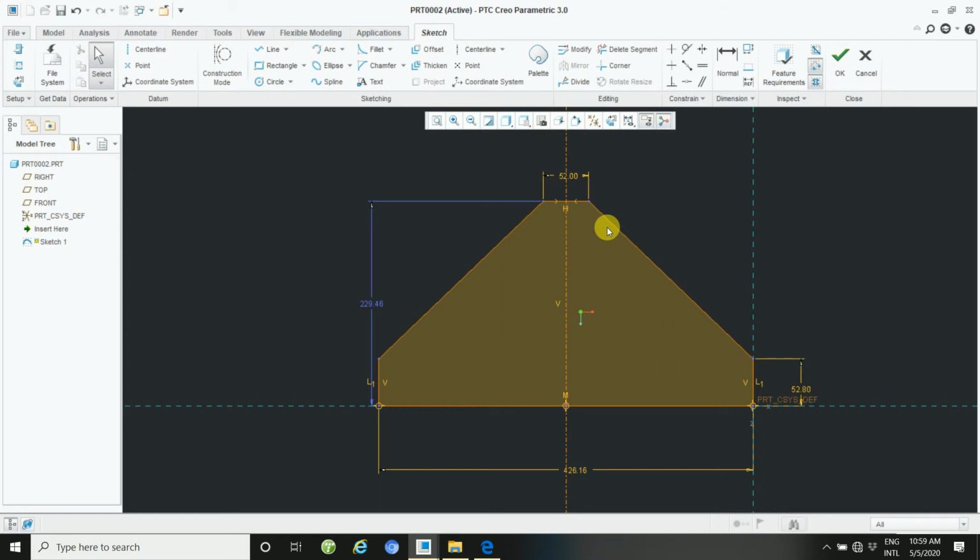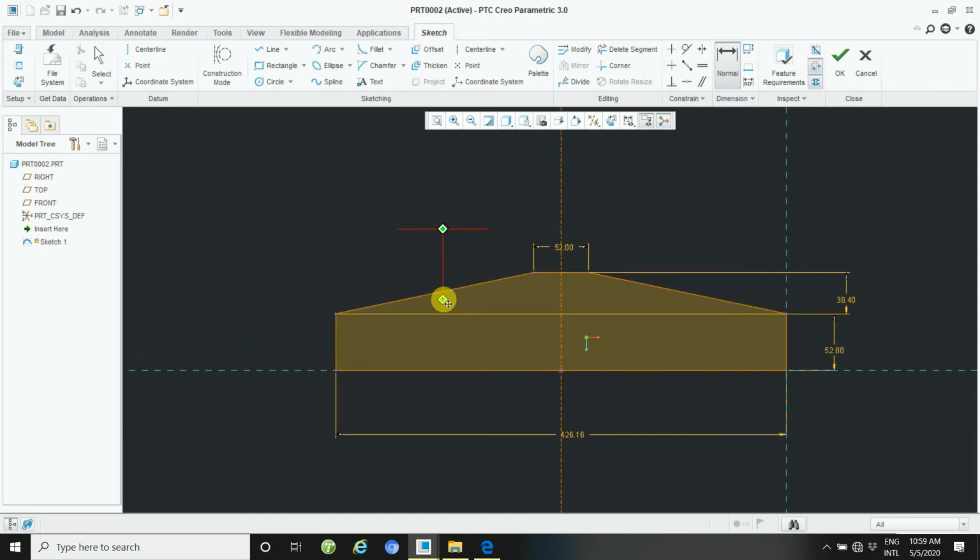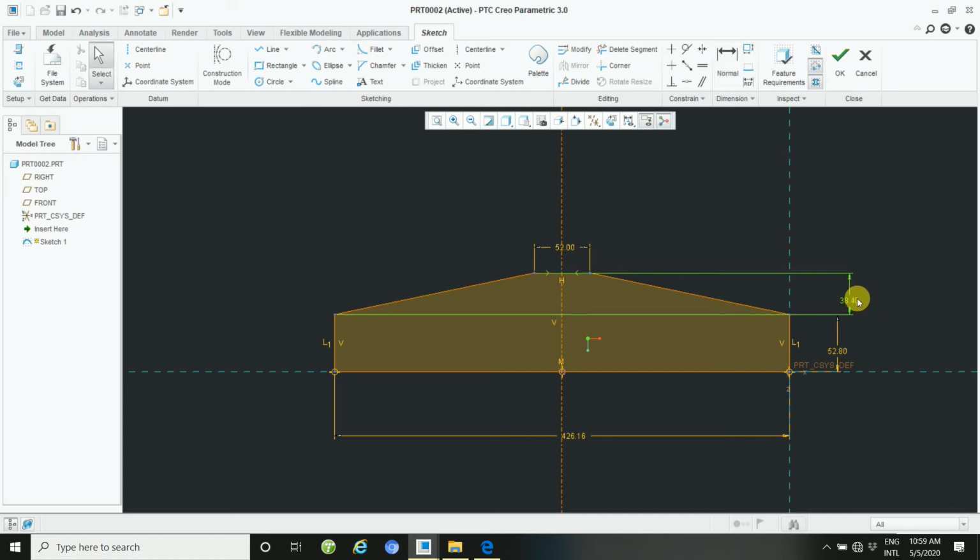First see this. This distance, here to here, is 38.4. Go through normal, click normal, first point, second point, then click here, and then apply 38.4. This way, and arrange the dimensions as per your drawing.